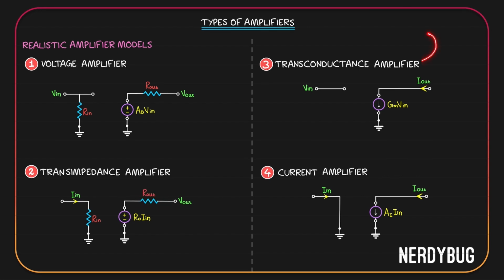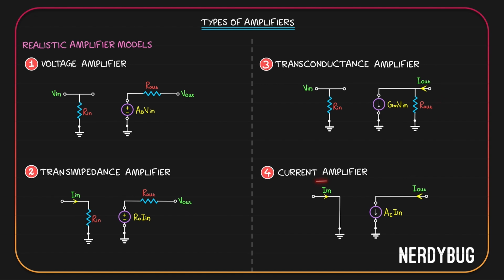Let's go to transconductance amplifier. At the input side, it is a voltage sensor. So whatever we did here will be applicable there also. Let's add an input impedance like this. At the output side, it is a current source. If we had some resistance like this, will it affect the performance? No, because in that case also, output current will be still equal to GM V in. Now imagine we have a resistance like this. This will affect our performance. Some of the current will have to flow through this resistance and I out will not be equal to GM V in. This is the correct way.